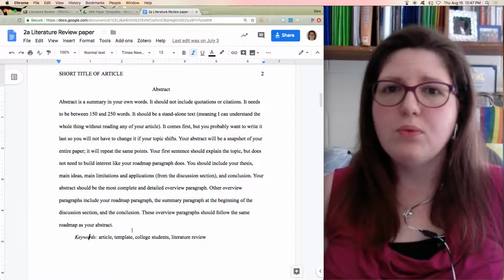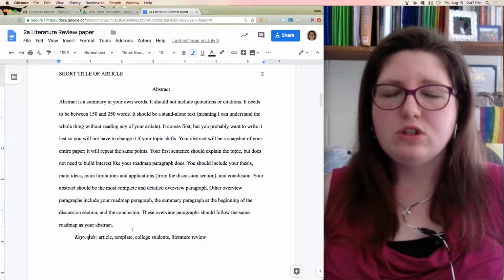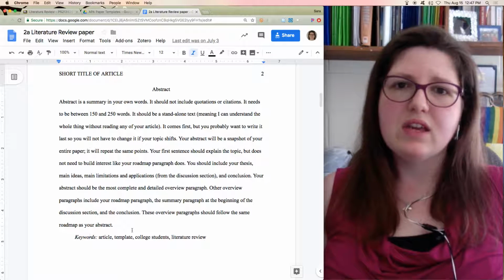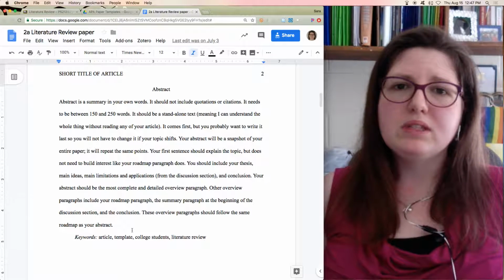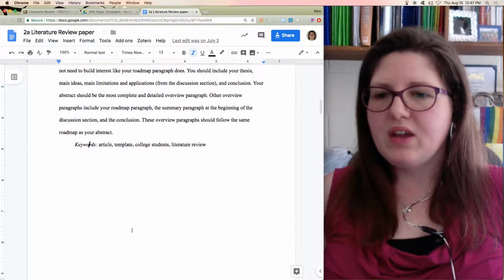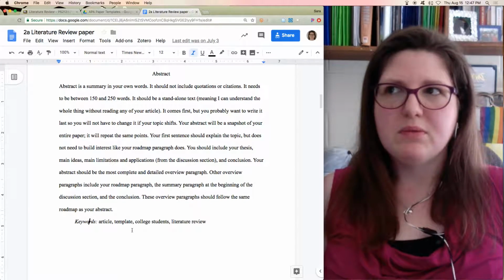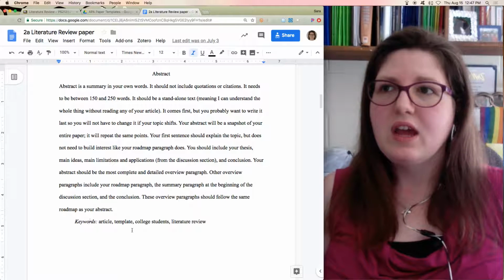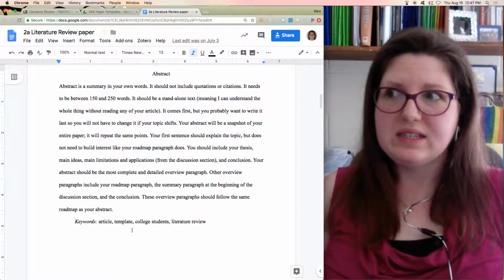Keywords, you can pick whatever you want. When you do your PsycInfo searches, you'll see there are keywords listed. Really, you want to think, what would somebody Google? They're like hashtags or search terms. And they're left over from the old days when everything was printed, and there would be indexes